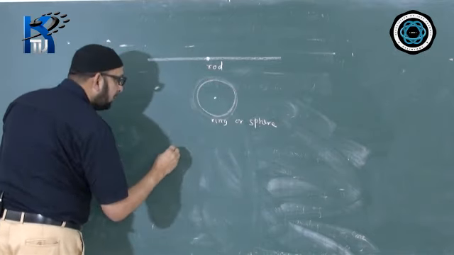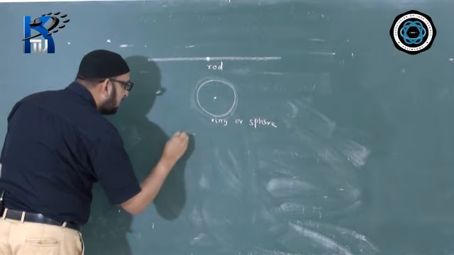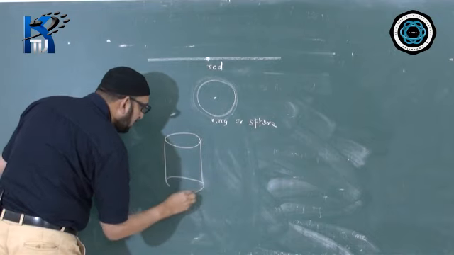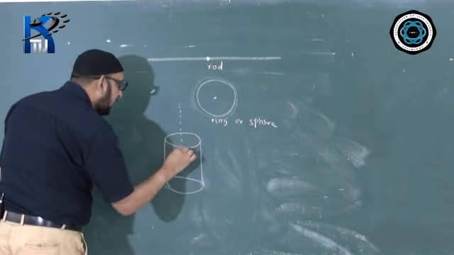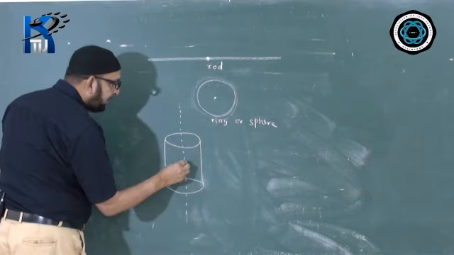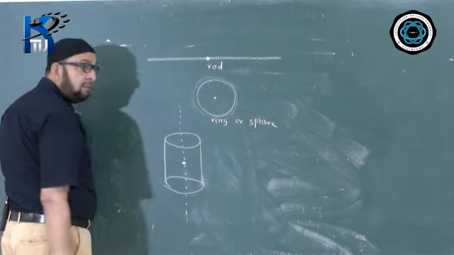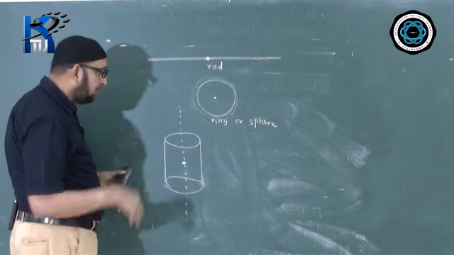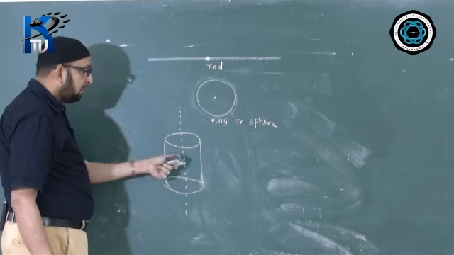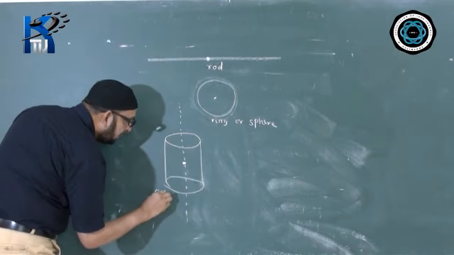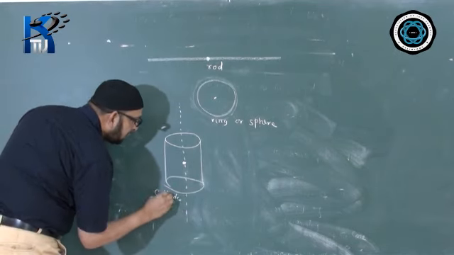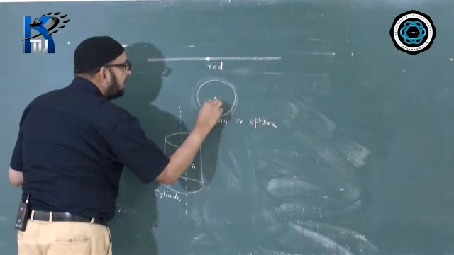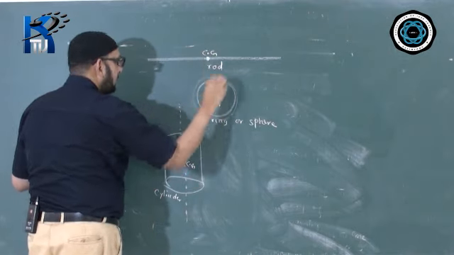And in case of cylinders we'll show like this. We'll draw a cylindrical body here like this. This is called the axis of the cylinder, and the CG is at the midpoint of the axis. If the cylinder is solid, it will be situated on the body, and if it is hollow, it will be outside. This is for a cylindrical body. If they ask you to draw and show the position of CG, we can show CG situated here.